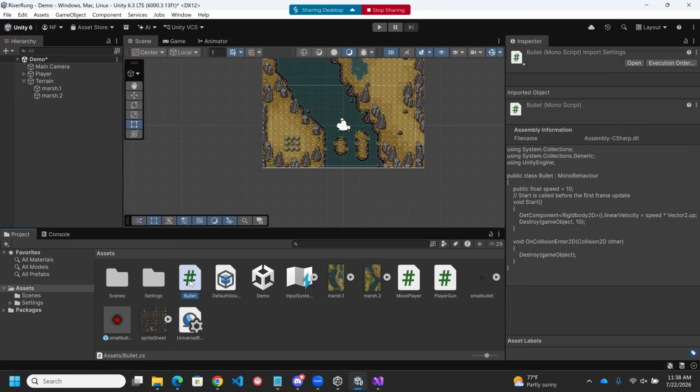The bullet script, basically when it's created, says start moving at whatever speed you're given, starts a 10-second counter that, if you haven't run into anything yet, destroys yourself, and then also says destroy yourself if you do touch anything else. The 10-second counter is basically there so that if the bullet somehow gets out of the scene and just